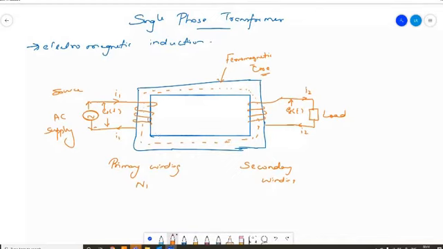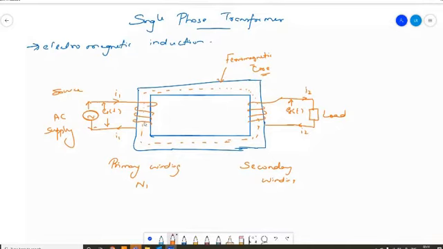And then what will happen to the frequency? Obviously, the frequency is not going to change. The only thing that will be changed is either the voltage level or the current level. And there is no difference in the power. Okay, so these things you must keep in mind. And moreover, this will work only with AC and not with DC.